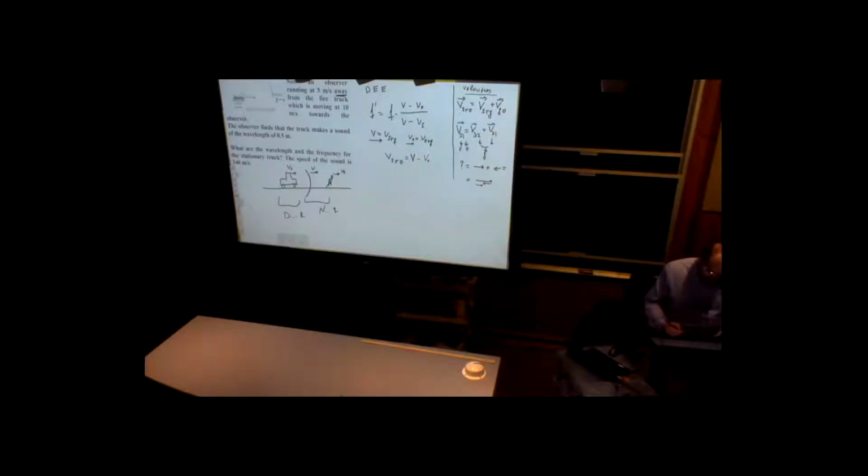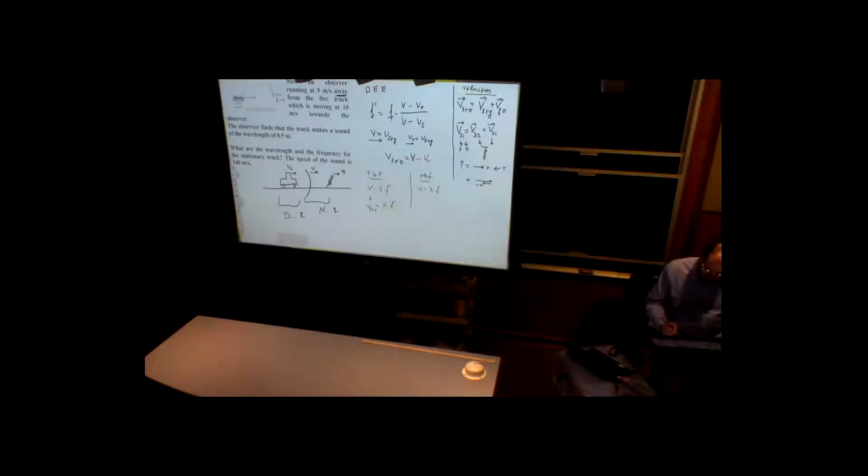Now, Walter, what else can we write down? Well, again, I have no idea if the equations I'm writing will be helpful or not. I'm just writing everything I can. So relative to the observer, we can always write this equation. And this is that velocity or speed of the sound relative to the observer, the wavelength measured by the observer, and the frequency of the sound experienced, measured, heard by the observer in the actual case, or when everything is at rest,